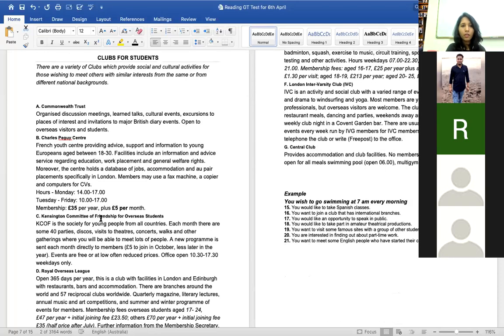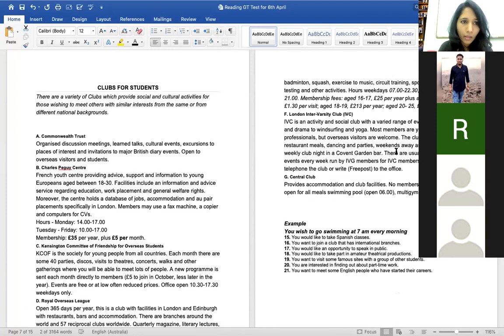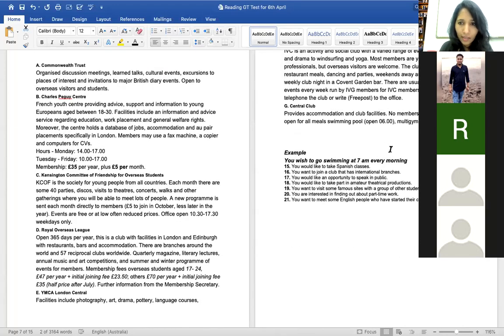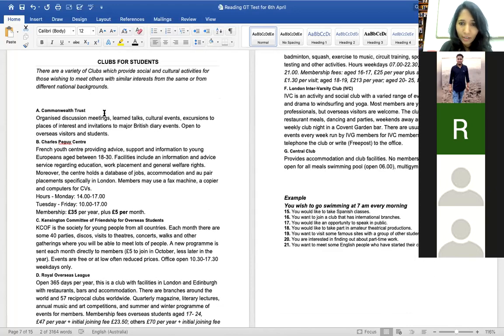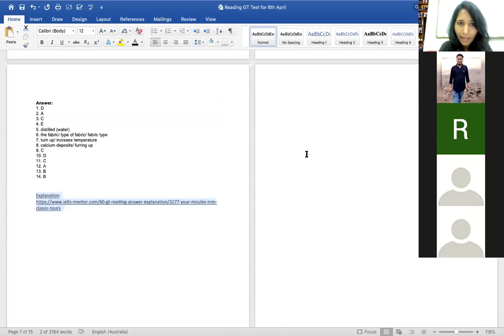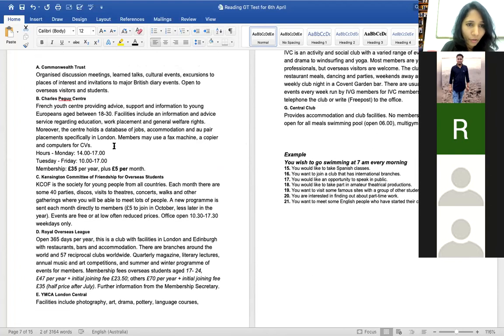This is section 2. You have a reading passage, and this is also a short answer question. So you would like to take note, this is sentence completion or answer short question. Okay, this is matching information. We have paragraphs A to G, and we are required to match information. You would like to take Spanish classes. You wish to go swimming at 7 a.m. every morning, and then you have to go back and look at where you